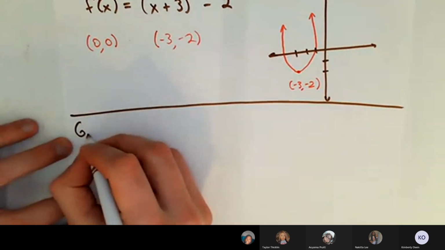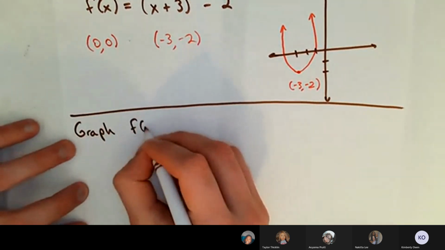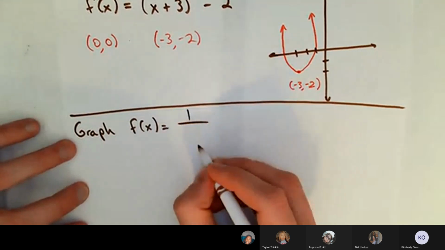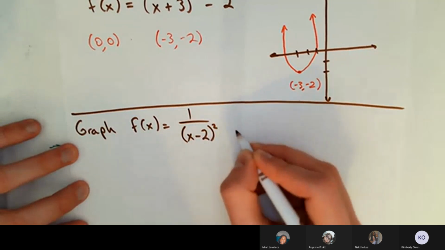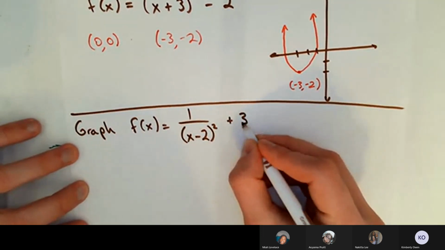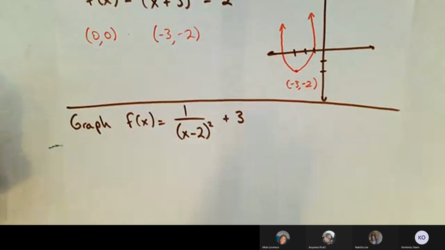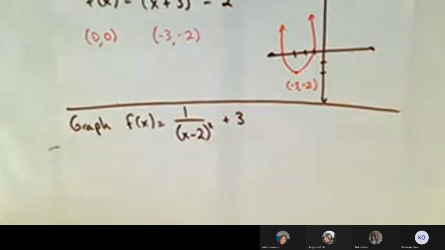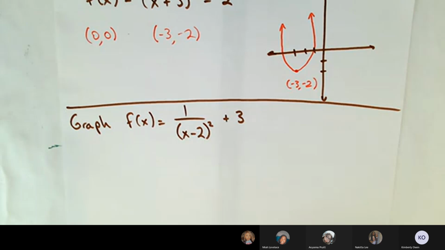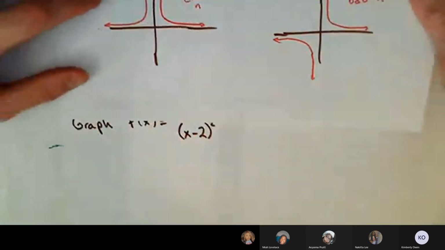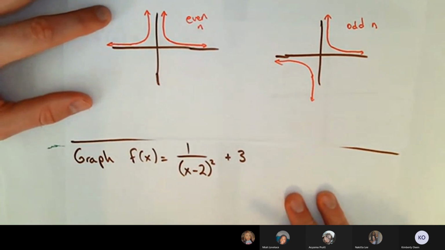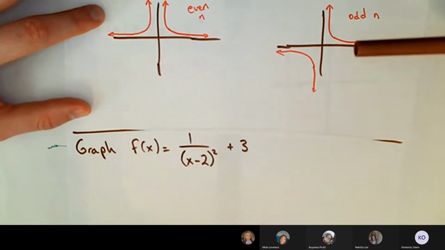Let's consider, or let's graph, f of x equals 1 over (x minus 2) all squared, plus 3. All right, what is the appropriate way to go about doing this? Because this might get a little hairy here. I'm going to put this overlapped there. There we go. So the base graph,